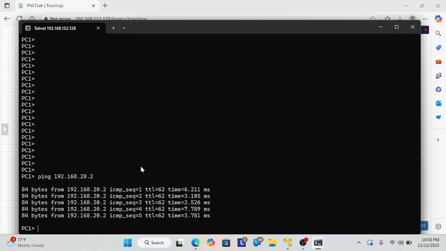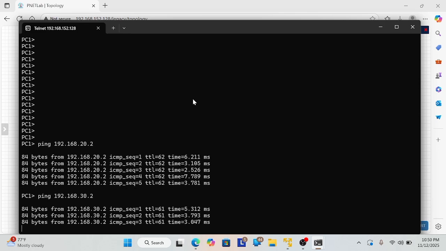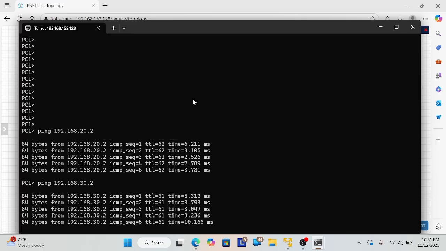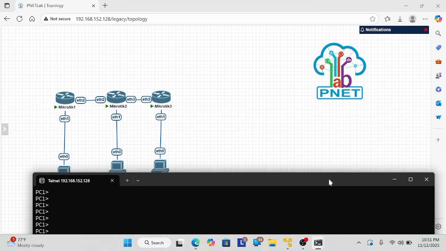You can ping. Okay, the ping from PC1 to PC2 is successful, and now I want to ping PC3. Okay, you can see the static routing to PC3 is done and successful.